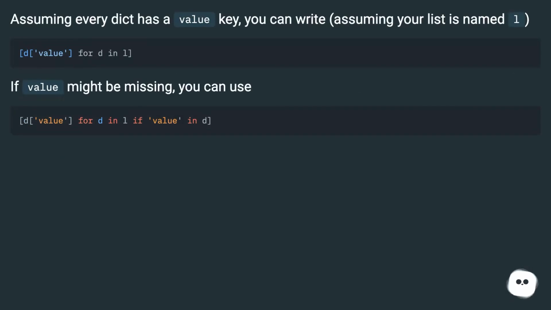Assuming every dict has a value key, you can write this, assuming your list is named L. If value might be missing, you can use